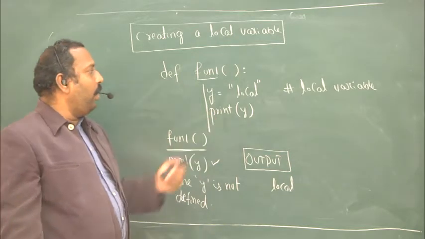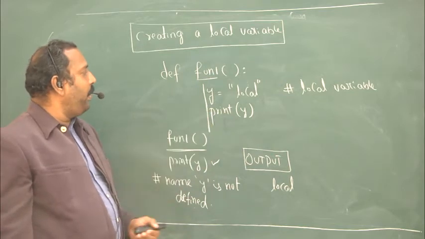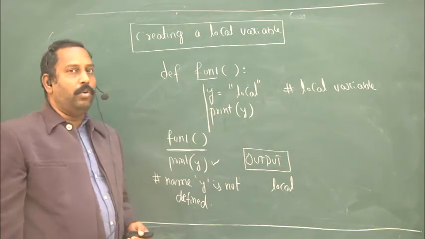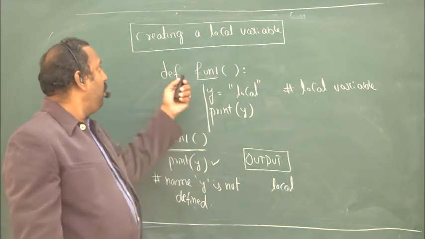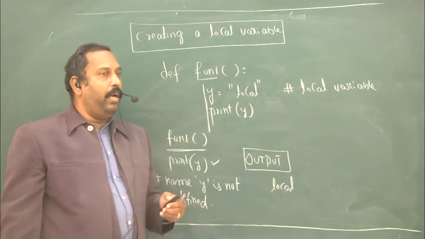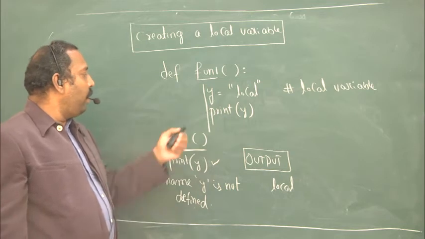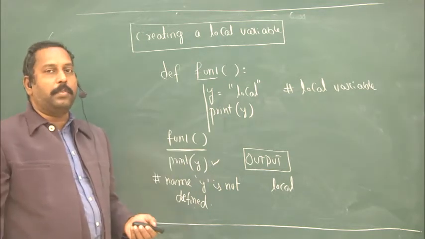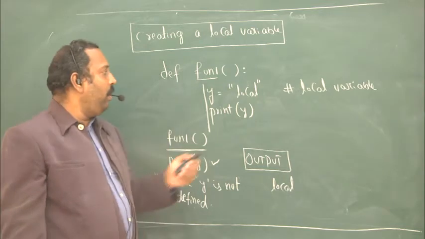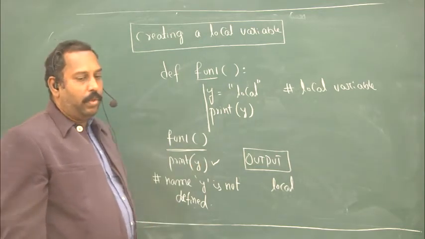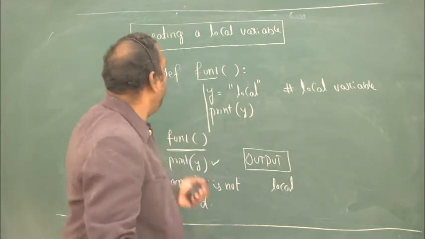That is called local scope. This is called a local variable, which can be accessed within the function only. That scope is within the function only. So this is creating a local variable, and this is the local scope, because outside you cannot access it, we can access it within the function only. That is called a local scope. Next we will see the global variable.